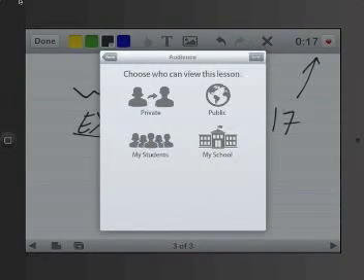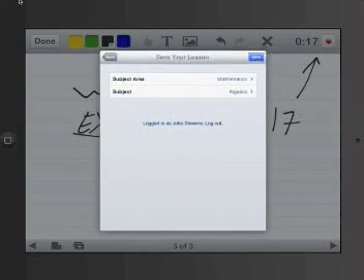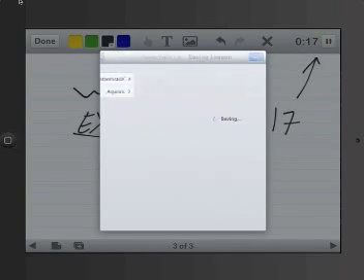The great thing about this is I can choose to keep it private for myself. I can share it with the world, share it with only my students, or share it with only my school. You can set up an account to where you can share this only with your students or your school. The one that I like to use is making it public, just to make it easier for the students to see from anywhere, and if other people wanted to access it, they could as well. So the mathematics and algebra is correct for this. I will save,